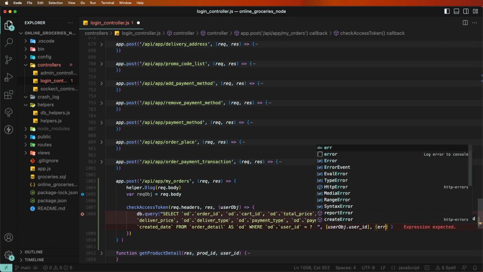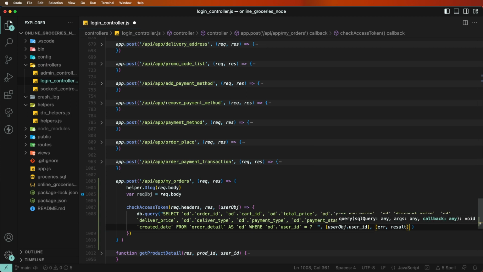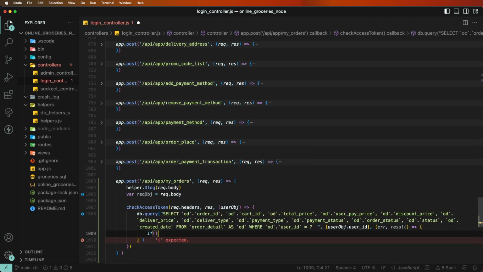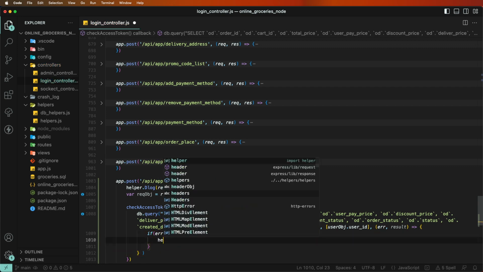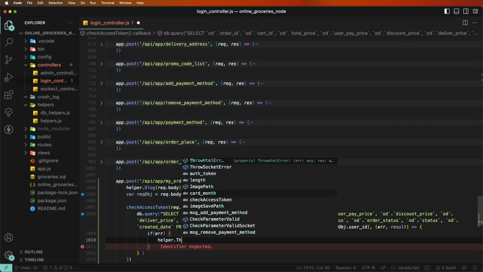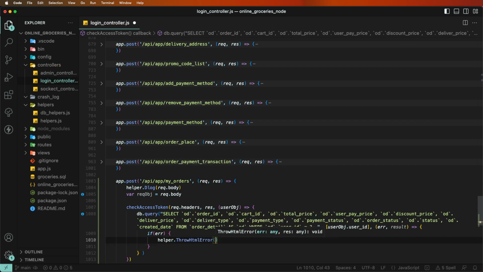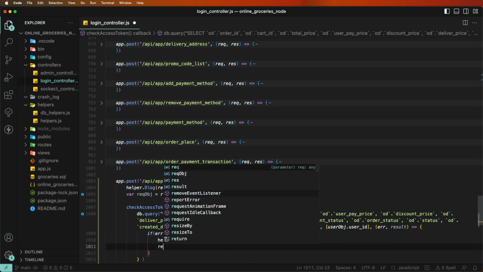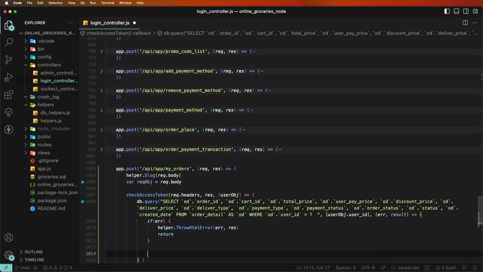Return two callback parameters: the first is errors and the second is the result, and use the function operators. Write the if condition: if errors, we need to throw helper throw HTTP errors, with the first parameter the errors and the second the response, and return from this function. No further execution. Next, write if it gets